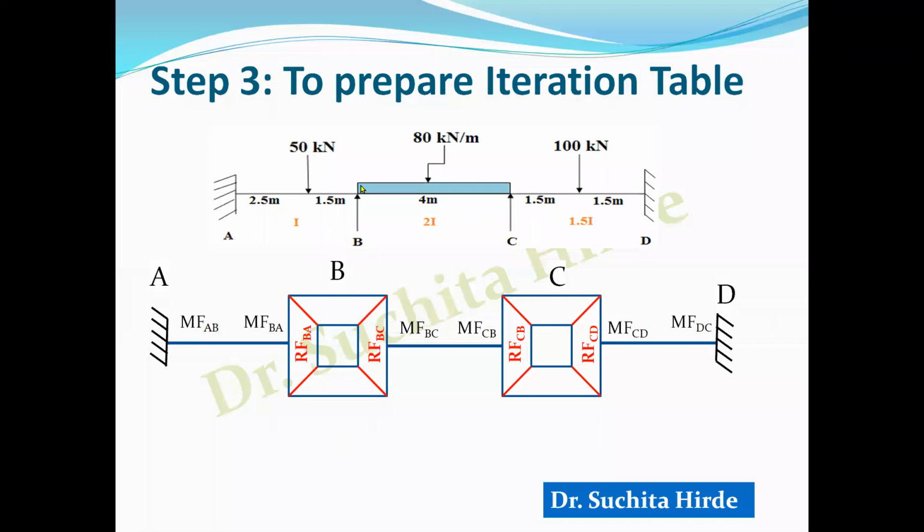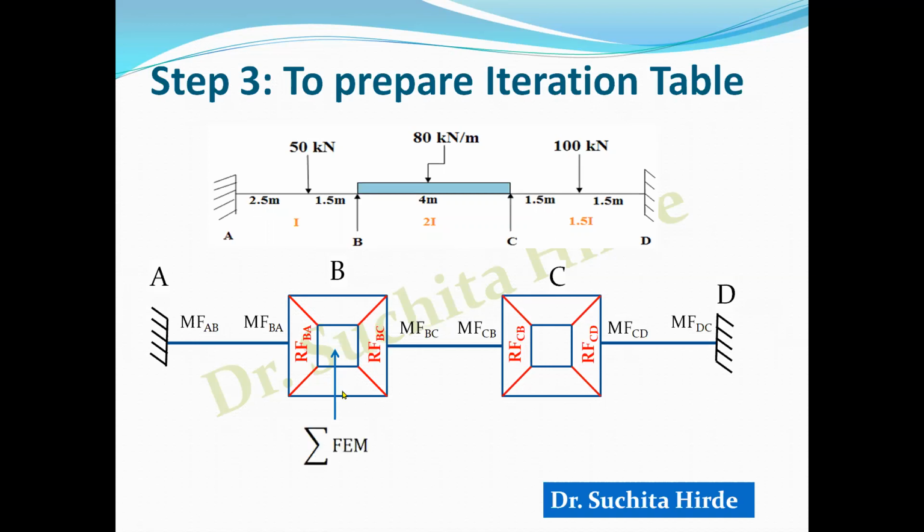Now you know that at B, MBA must be equal to MBC for equilibrium. But since we calculate fixed end moment from this load, there will be a different value here, and for this, there will be a different value here. So first of all, we will calculate the unbalanced moment. That means we will take the summation of moment MFBA plus MFBC,